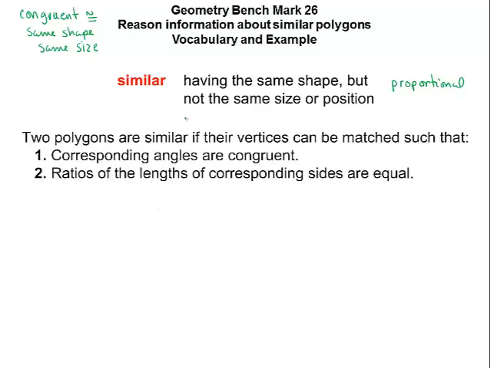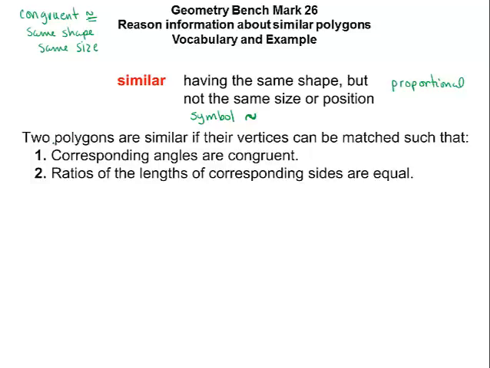The symbol for similar is this squiggle right here. And that actually is where the symbol for congruent comes from. Similar and equal. Same shape, same size. Whereas similar is just same shape without being the same size. Okay,